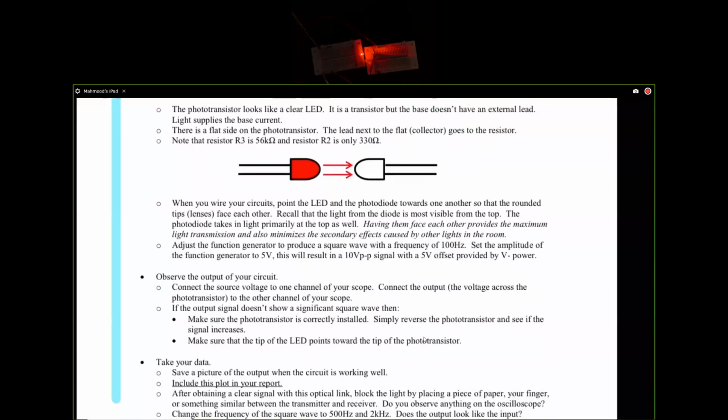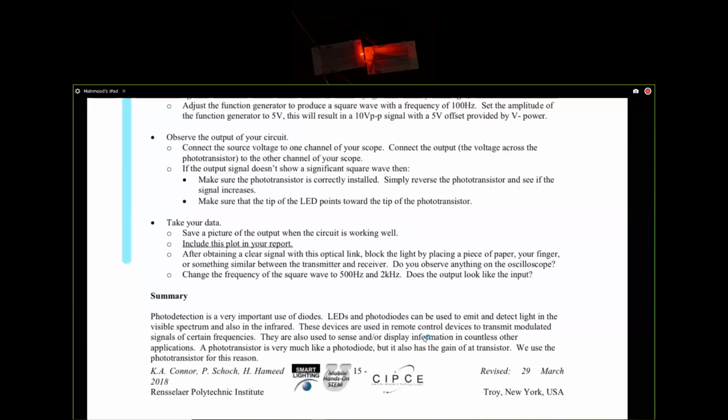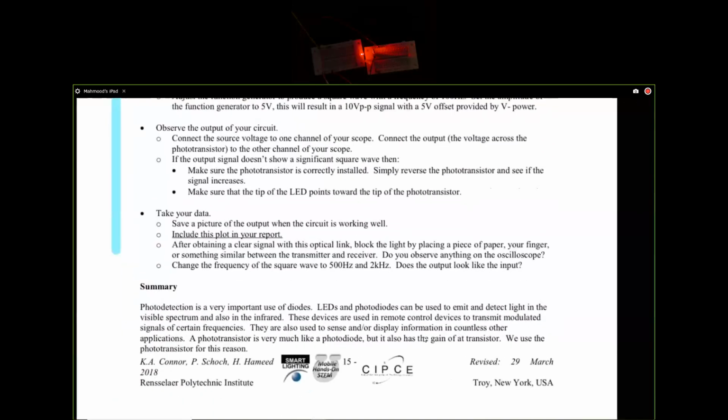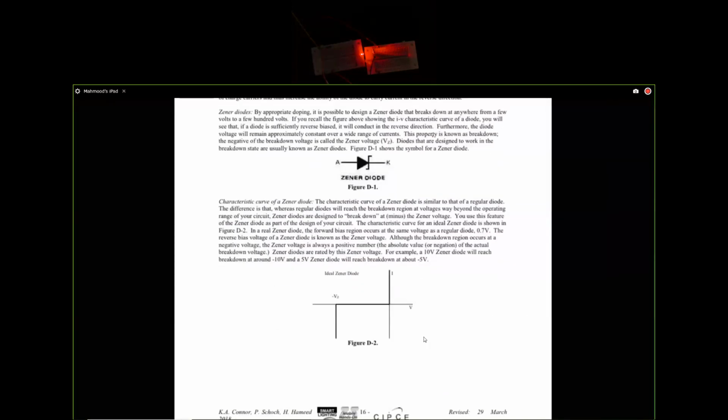So we talked about observing the output. We played with that a little bit. We, I can provide you with all the plots, but I hope now you can see how to build this. Let's see. The last thing that we have on the